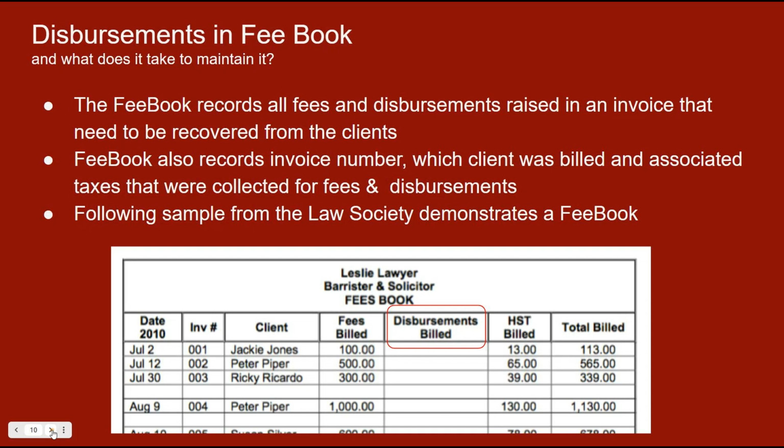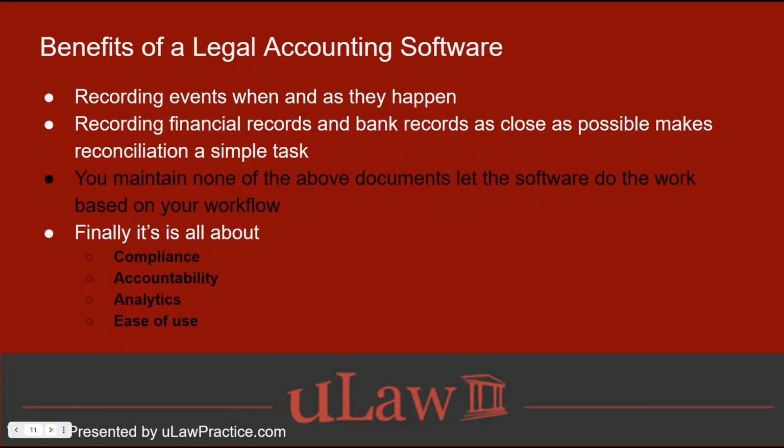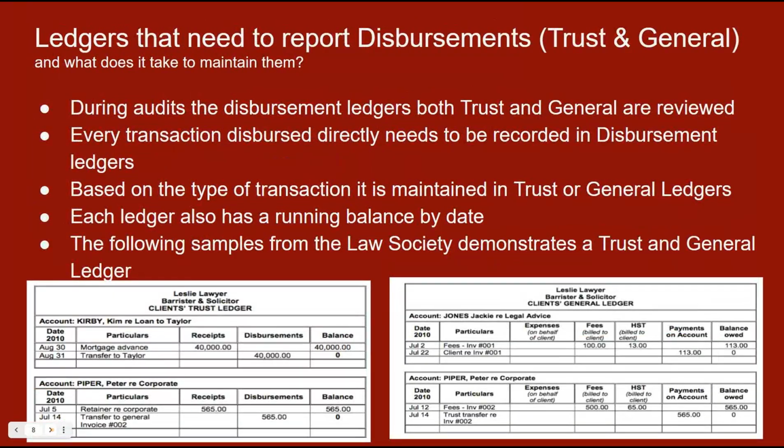So here's the 5th document that you need to find a way to record and report on a regular basis. So it's highly recommended to reconcile on a monthly basis at a minimum, and then generate the ledgers, journals, including disbursement journals, fee book, and expense book, and all of these wonderful compliance documents, at least on a monthly basis if you can. Okay.